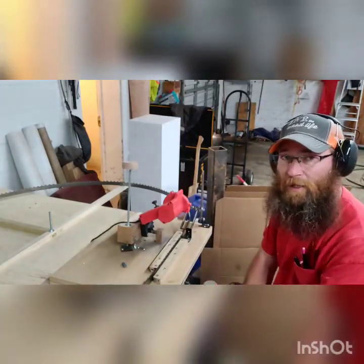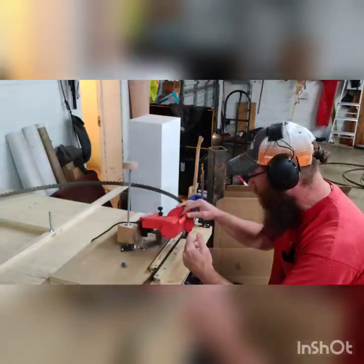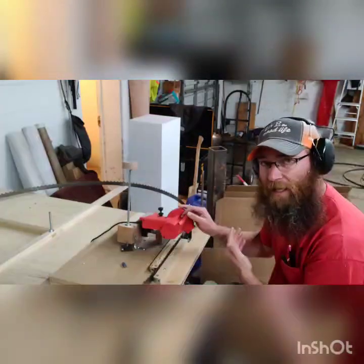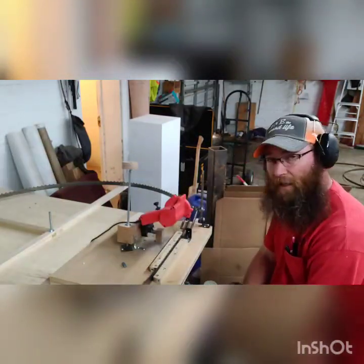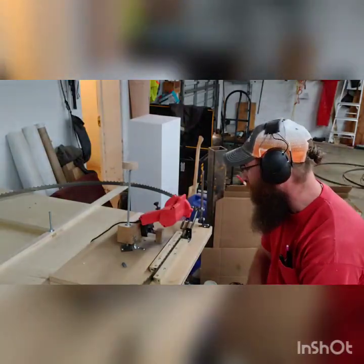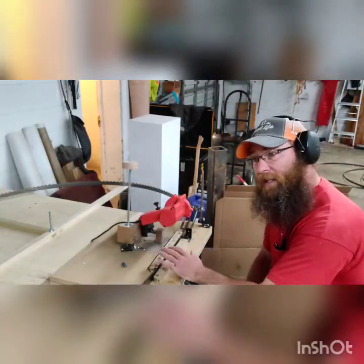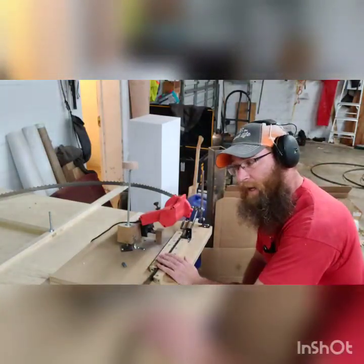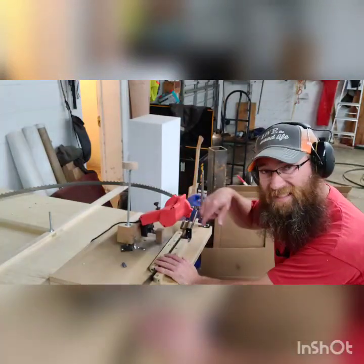I don't know if I'm going to go that route or not. I might just use this and clean that gullet as best I can and get the back of the tooth. Or there might be some other things that I end up doing. I'm not really sure yet. But we'll see. With these, I think the best course of action is really to go around twice to try